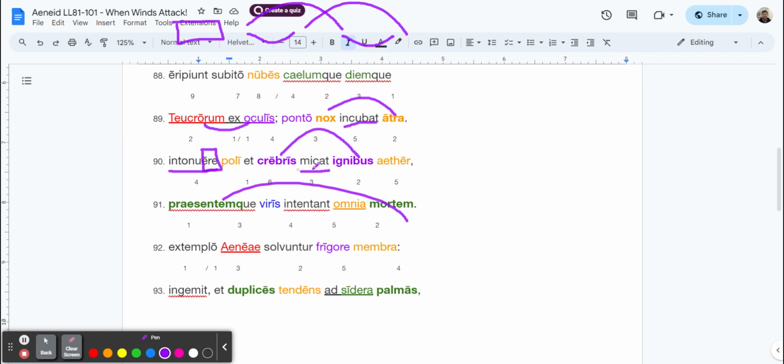So here we have the praesentem mortem bracketing this whole phrase. All right, and then we have for the men. This is a dative of use. This is a dative of reference, or probably disadvantage. Okay,